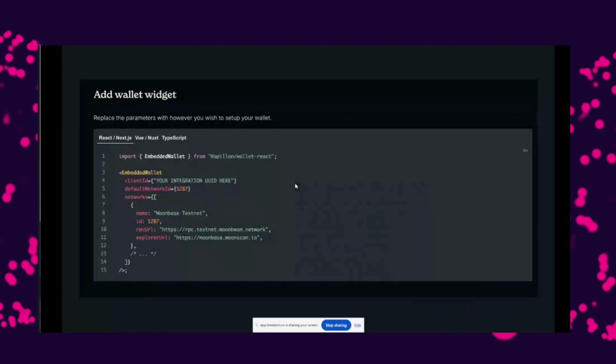And it comes basically in our SDK. And the only thing you need once you enable embedded wallets in our dashboard is these 15 lines of code. If you're working in TypeScript, so Vue, Nuxt, Next.js, React, we have it covered. You can plug and play, and it will work out of the box.